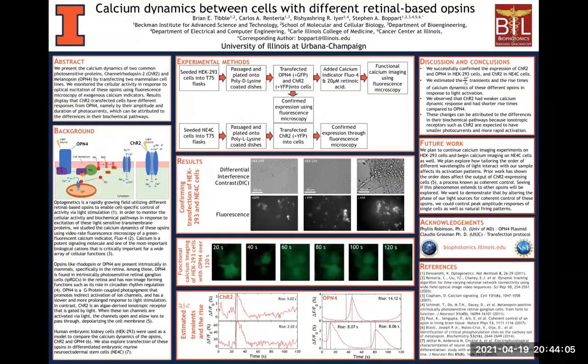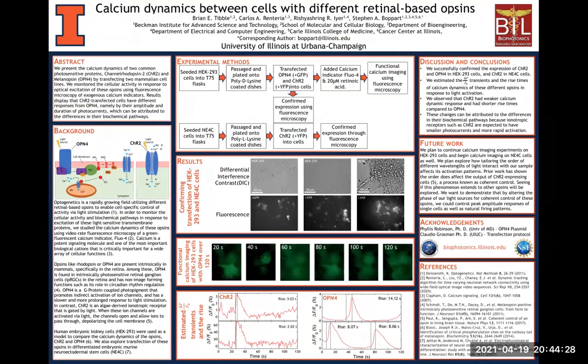For this presentation, I'll be going over the calcium dynamics between cells with different retinal-based opsins. On this poster, we present the calcium dynamics of two common photosensitive proteins, channelrhodopsin 2 and melanopsin, and we transfect them into two mammalian cell lines, human embryonic kidney cells or HEK293 cells, and embryonic murine neuroectodermal stem cells or